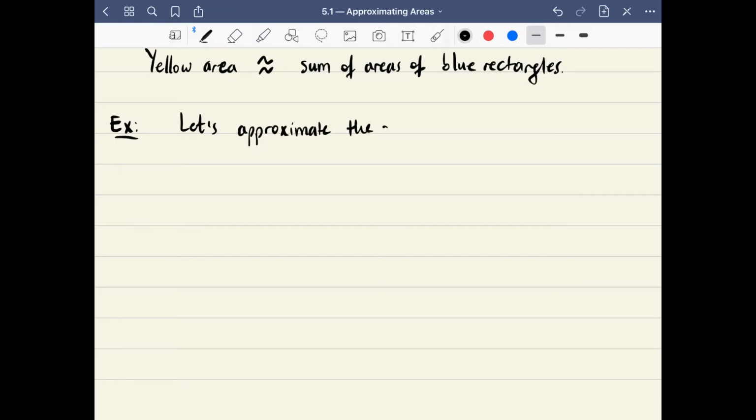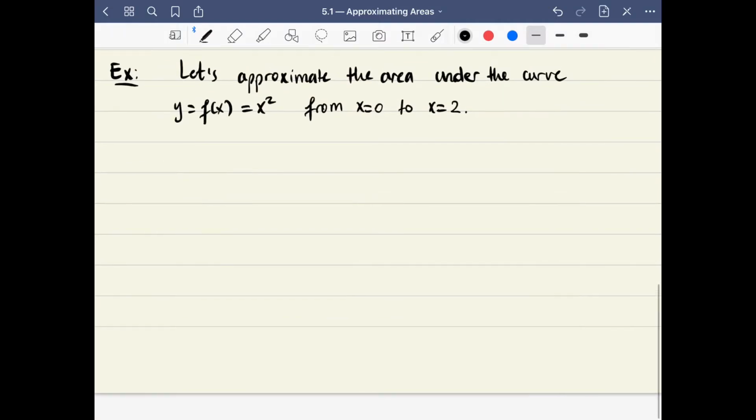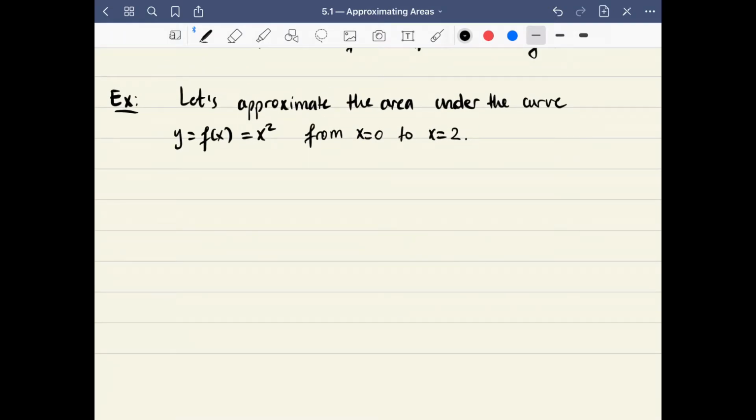the area under the curve, let's say y is equal to f of x, which is equal to x squared, from x equals 0 to x equals 2. All right, let's first draw the graph of y is equal to x squared. So